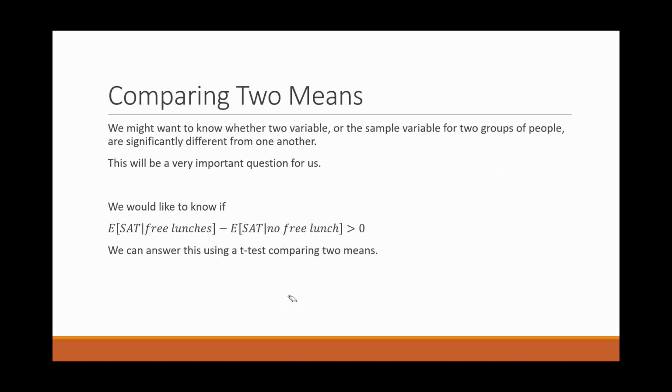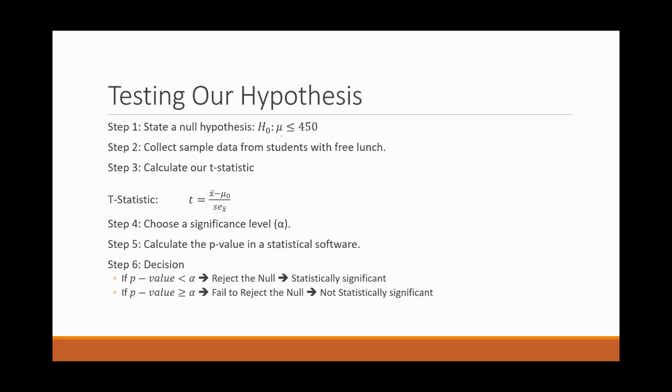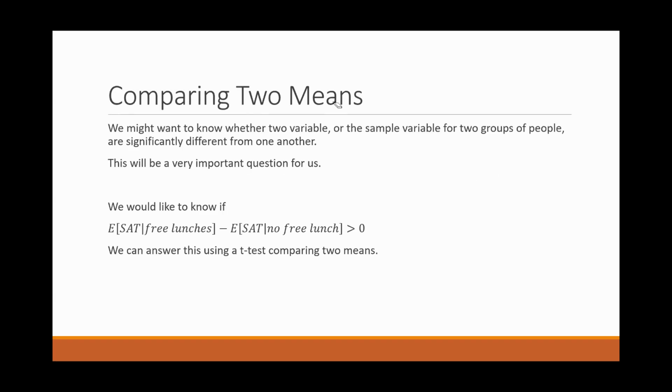So oftentimes when we do hypothesis testing, we're actually going to do a hypothesis test about the difference between two means. In the previous example, we stated a hypothesis just about whether or not a particular mean is different than a given number. But in practice, oftentimes we're going to compare two different means with each other. So in this case, what we would do is something like this. So if we apply it to the same context, we might ask the question,